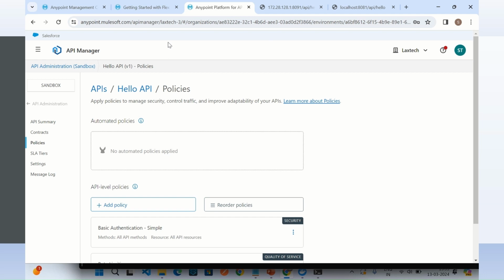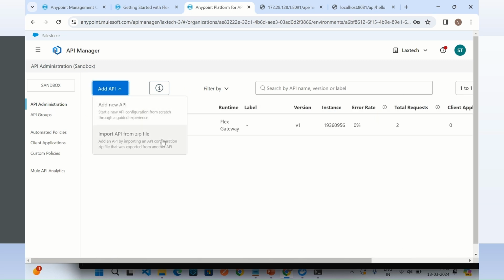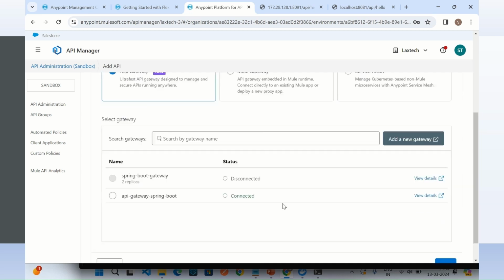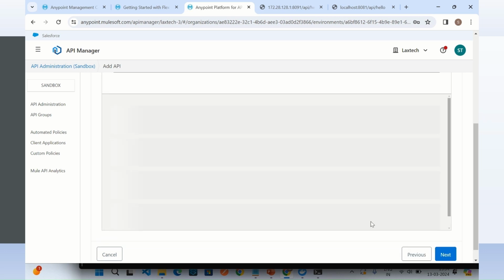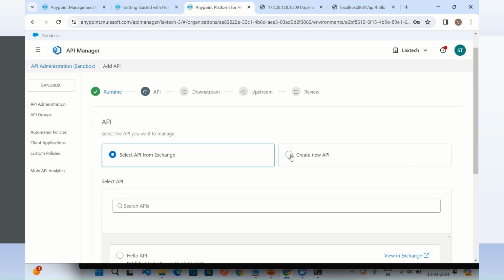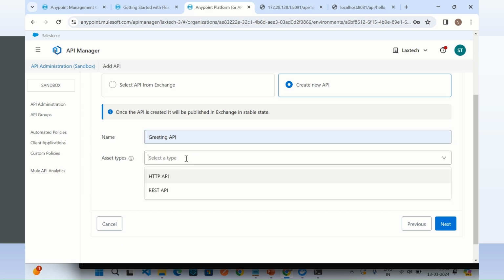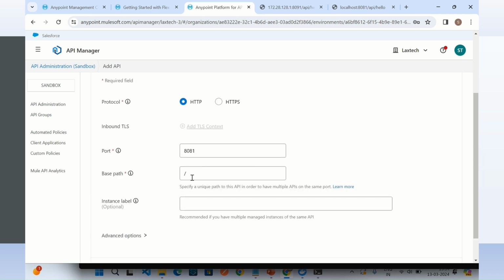Now I will add a greeting API as well here. So I will go to the API Manager, add new API. I will use Flex Gateway. I will select the API Gateway Spring Boot, click next, create new API. I will give the name greeting API, type HTTP API, click next. Port 8081, base path I will say /api,